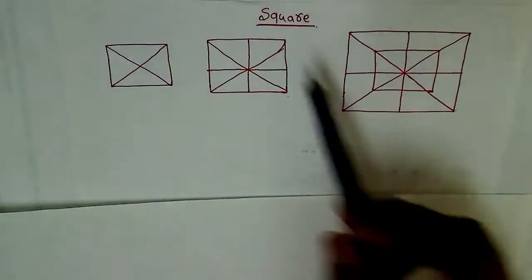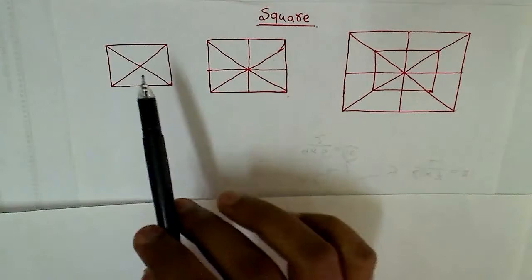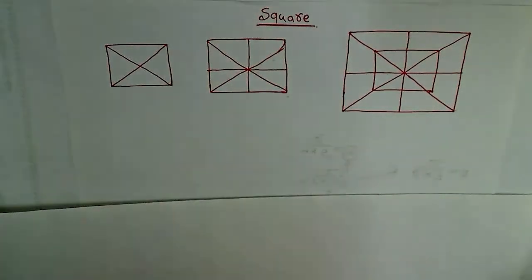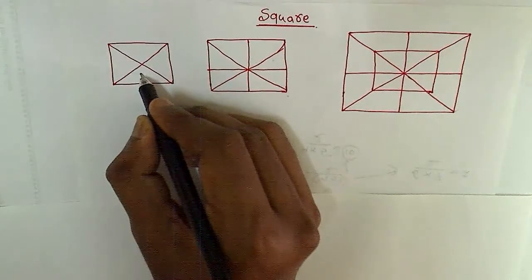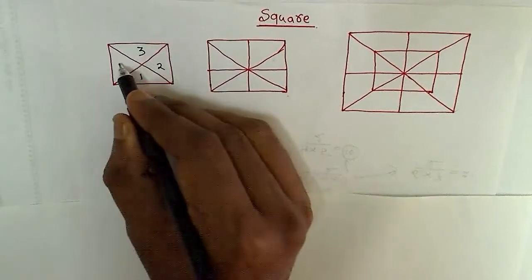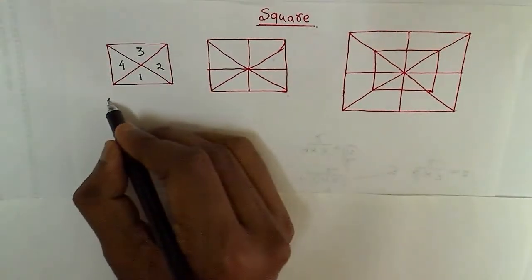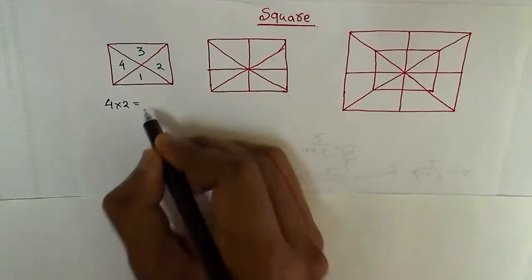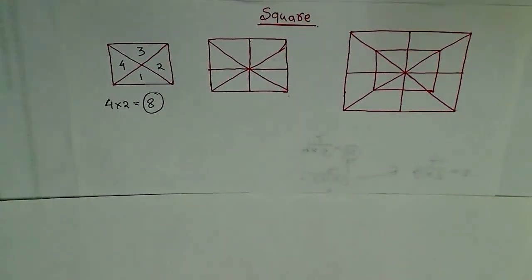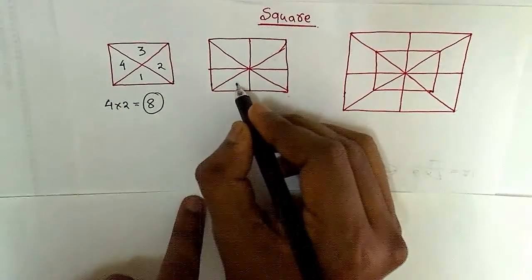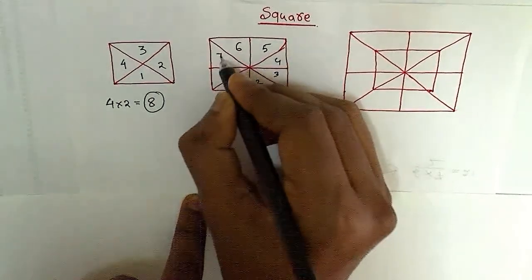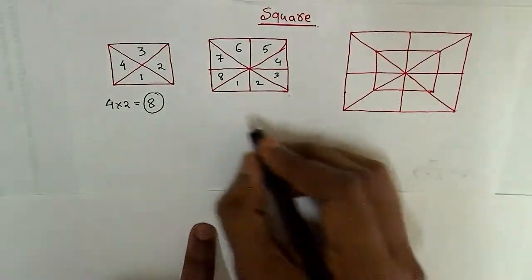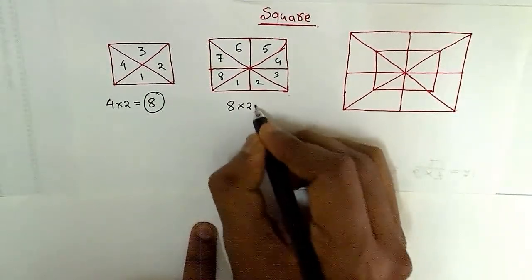Now next we will consider a square. Suppose this square is there and they will ask you to calculate number of triangles. So here the trick is you make it count. It is 1, it is 2, it is 3, it is 4. Okay. So the trick is 4 into, you just double it. 4 into 2 are 8. So here total 8 triangles will be there. Simply over here, how many triangles? Just name it. 1, 2, 3, 4, 5, 6, 7, 8. Okay. So just make it double.